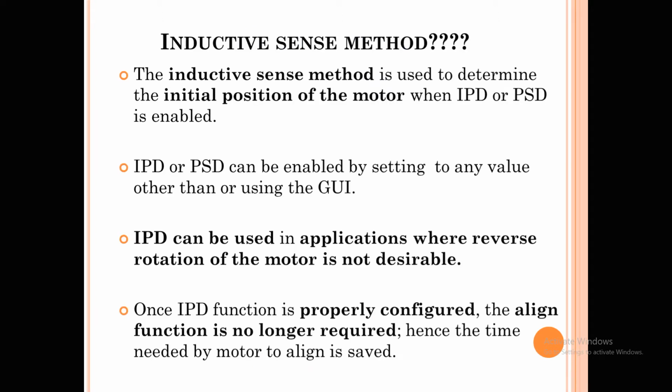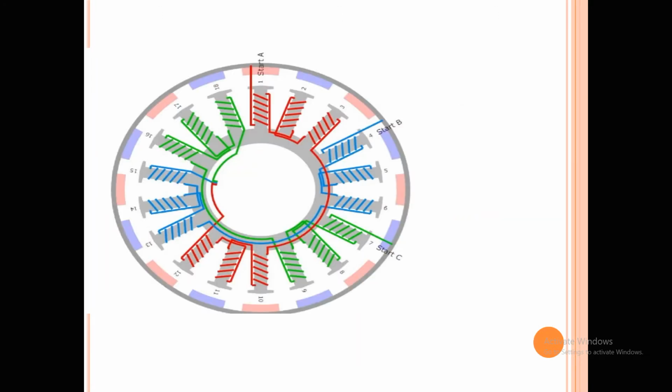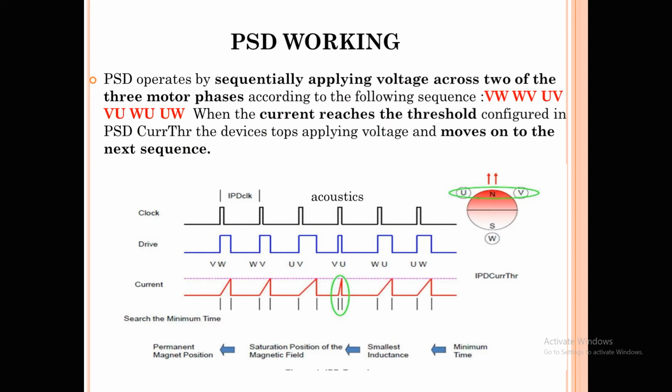PHD settings, or PHD methods, basically utilize the inductive sensing method. What does inductive sensing actually mean? We have three phases, UVW, and we select six sequences, sequentially arranging six different phase combinations. In these sequences we send high frequency voltages to each phase sequence, and when sending them, we check the time duration, how fast the current responds. While doing this, we always select a certain current.